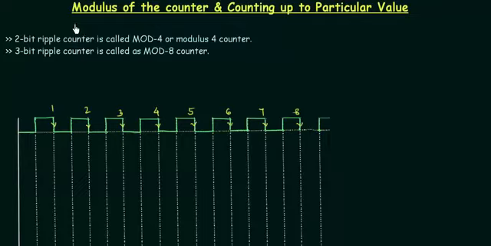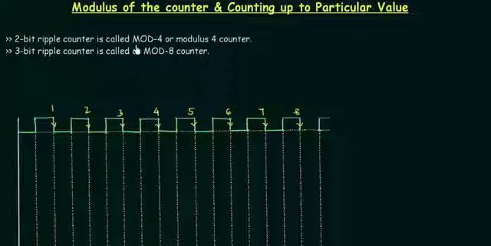In this presentation, we will study modulus of the counter, and once we are done with the modulus, we can study how to count up to a particular value. These two things are very important and also very interesting at the same time. So first we will study the modulus, and in this, if I talk about a 2-bit ripple counter, then it